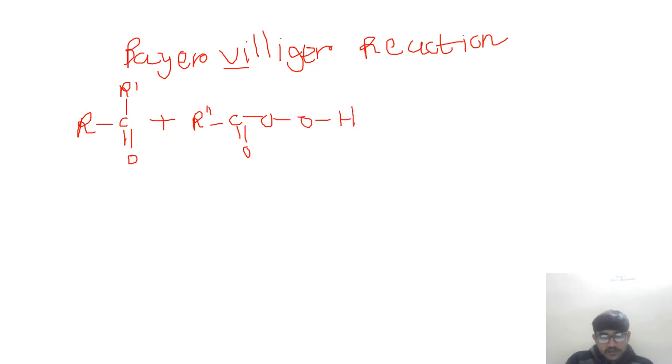If you know the structure of hydrogen peroxide, because of these two oxygens simultaneously attached, this is known as a per acid. In the case of carboxylic acid it is COOH. In the case of per acid, if you write it in molecular form, it is COOOH. So that is the difference. So this is per acid